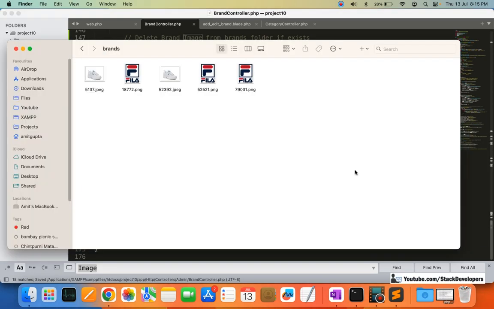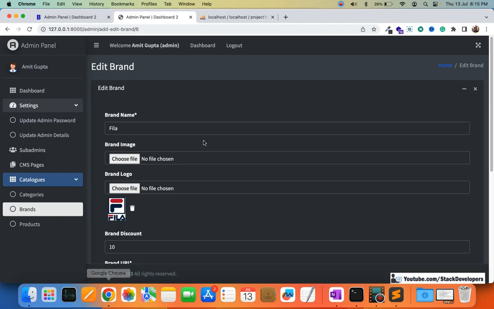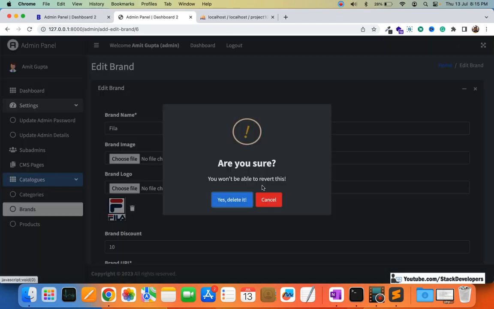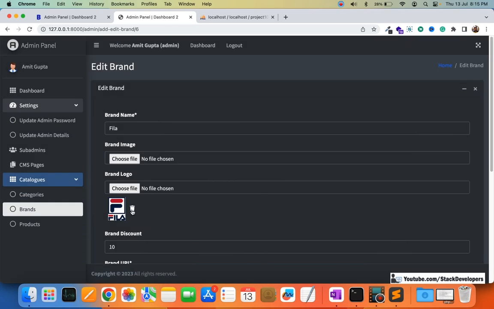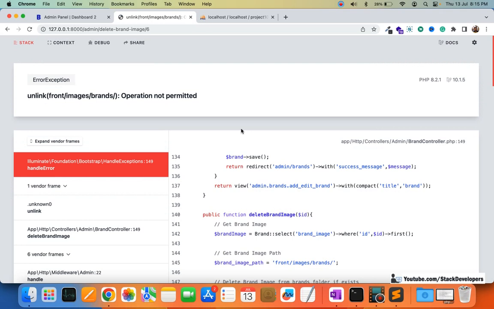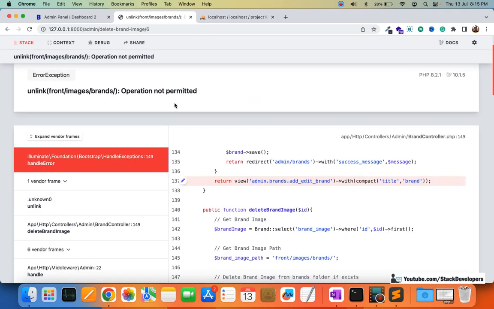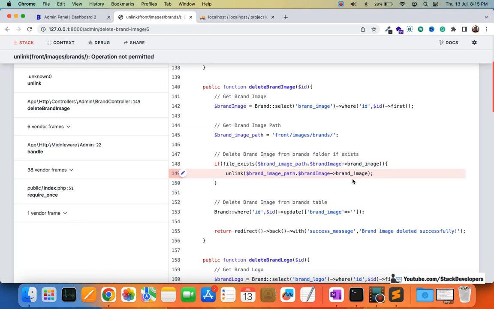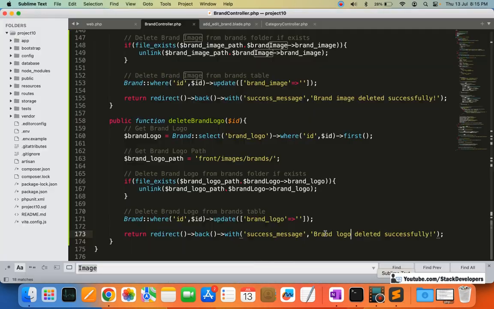So now we are going to check brand logo here as well. Okay, so let's see. I am going to check for this one now. We'll click on brand logo, and here first cancel, it's working fine, and now yes, delete it. Okay, so see, some issue has come up. I'm going to check what issue exactly. Front image is brand operation not permitted,